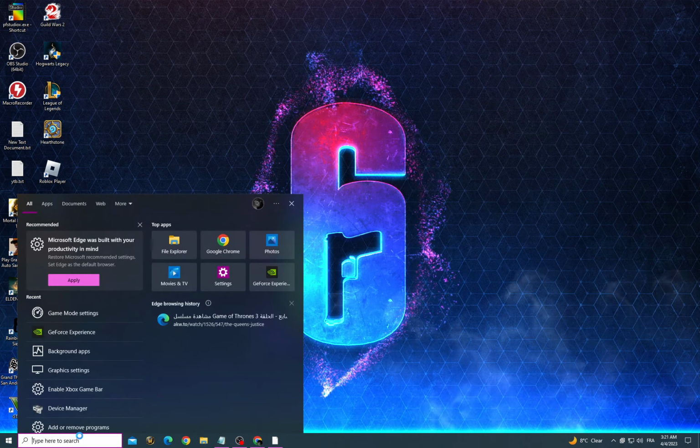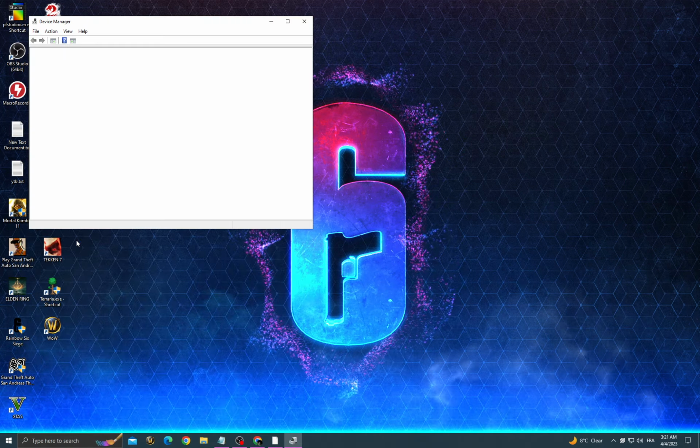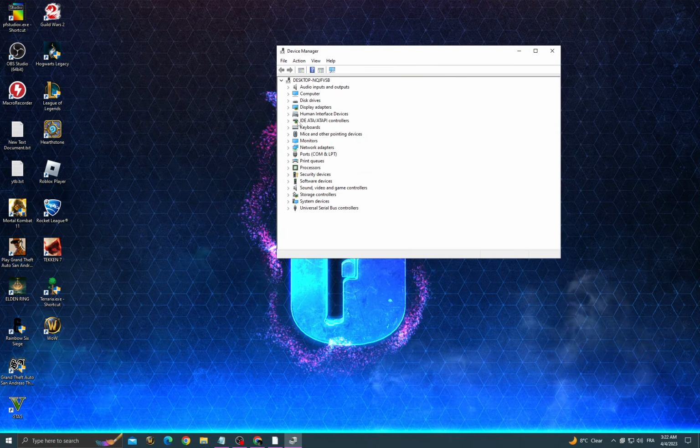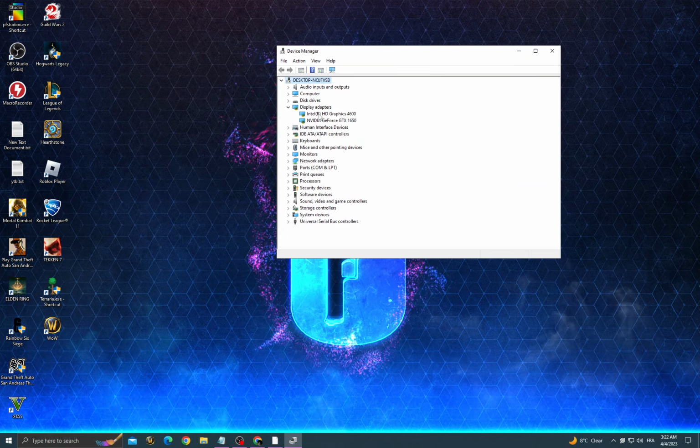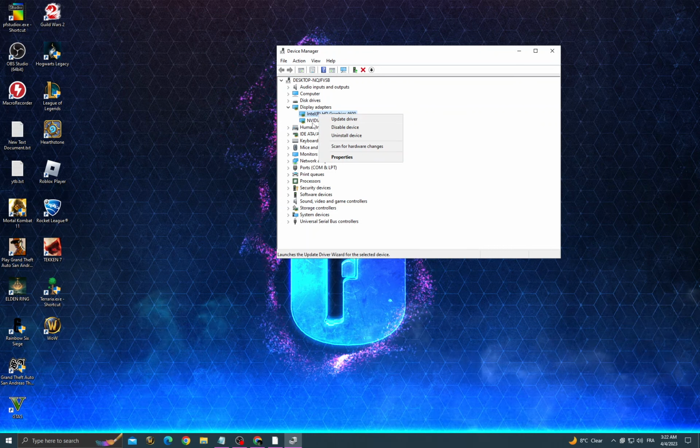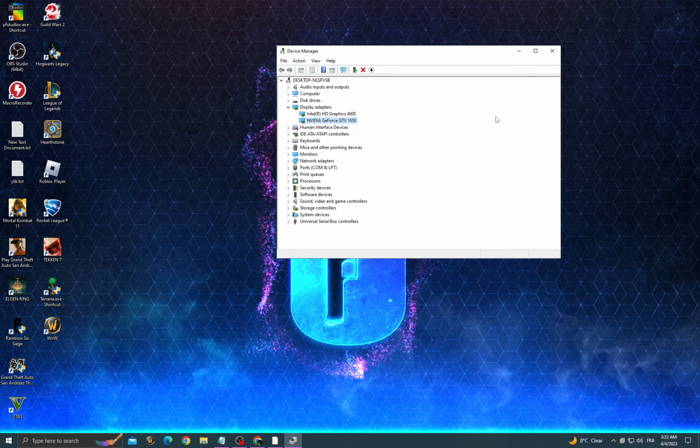Now go to Device Manager, Display Adapters, right click and Update, and do the same thing to the next one. Go back